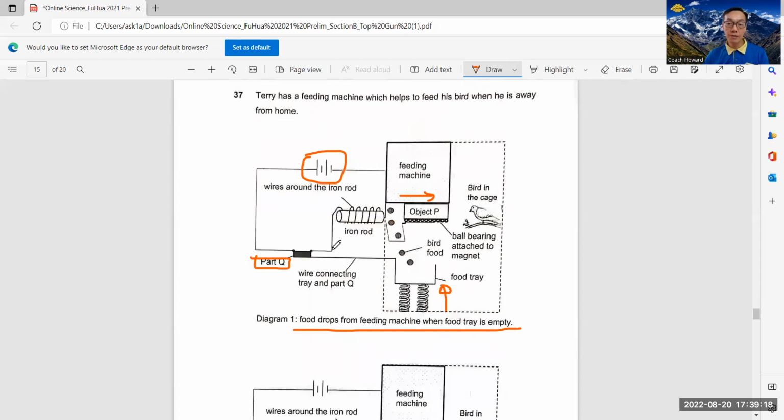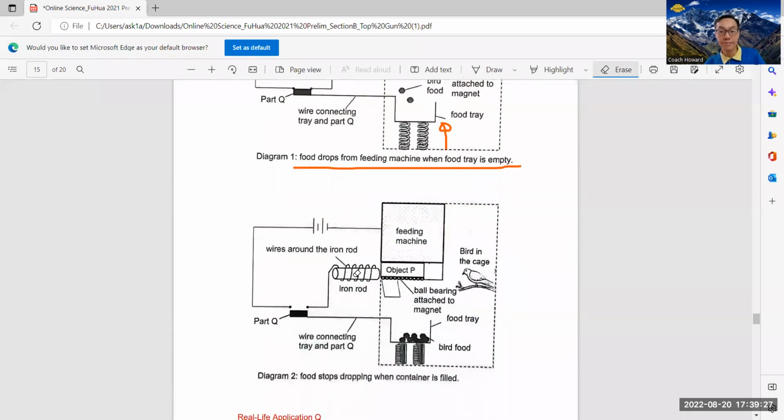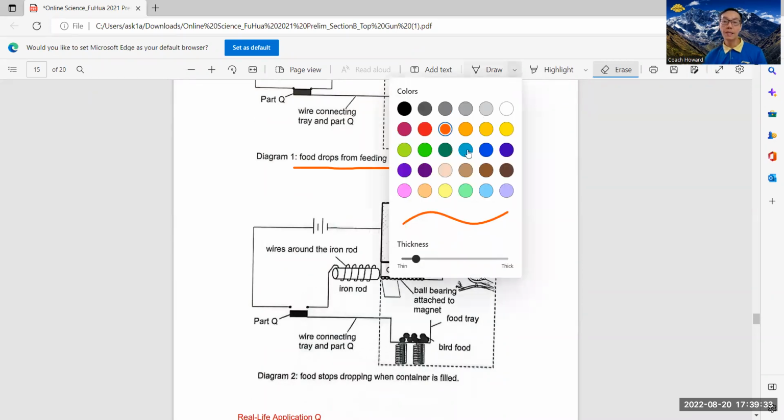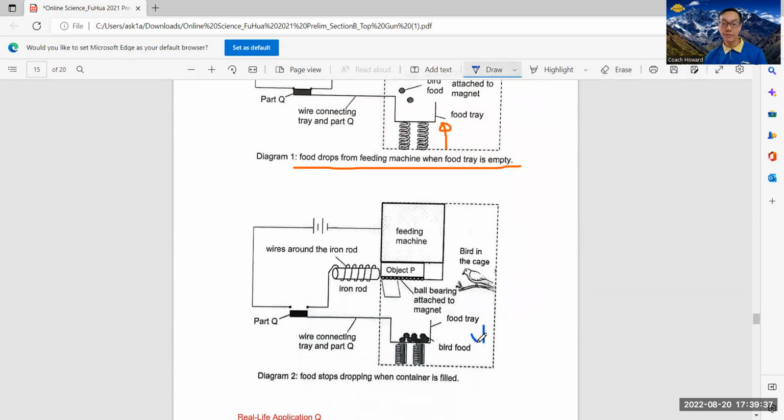When you try to figure out how this machine works, by doing this annotation, it actually prepares you to answer the question, which will be shown shortly. So you can see this is diagram 2, the food stops dropping when the container is filled. Why did this happen? Because when the container is filled, the food causes the spring to compress downwards. So when it moves downward, this part, part Q,